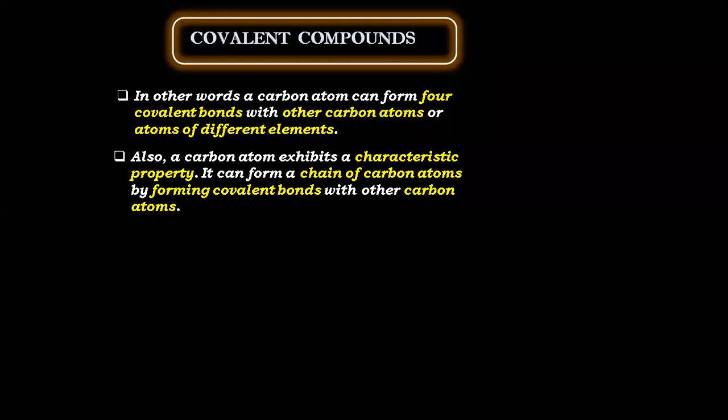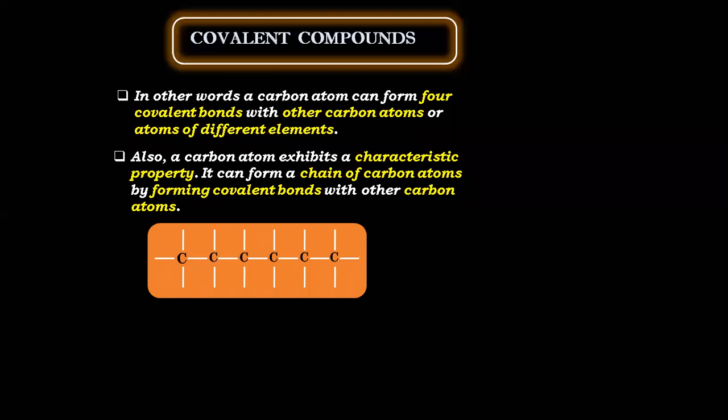Now, why is carbon so unique? Why is the entire chapter based on carbon? The reason, students, is that one carbon is able to make 4 different bonds. Those 4 bonds, it can make with carbon itself, or it can also bond with other different atoms and form long chains. And that is why carbon becomes so unique. As you all can see here, with carbons attached to each other, each carbon is having 4 different bonds.